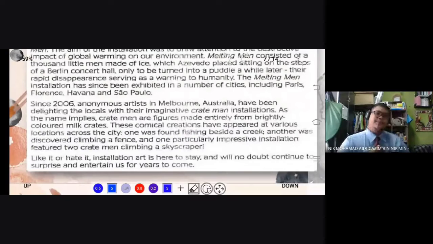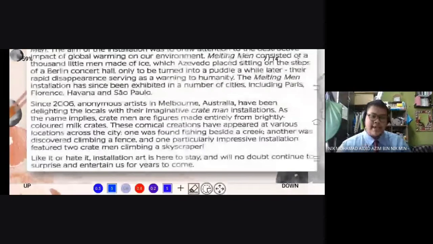Since 2006, anonymous artists in Melbourne, Australia, have been delighting the locals with their imaginative crate man installations. As the name implies, crate men are figures made entirely from brightly colored milk crates.